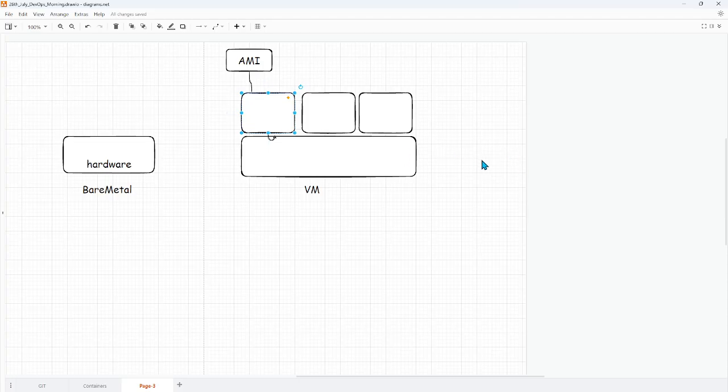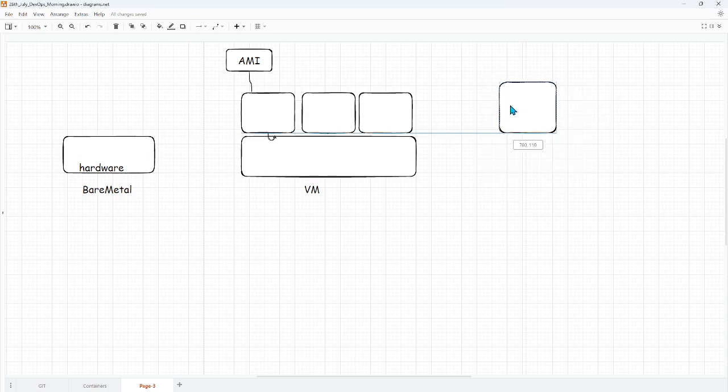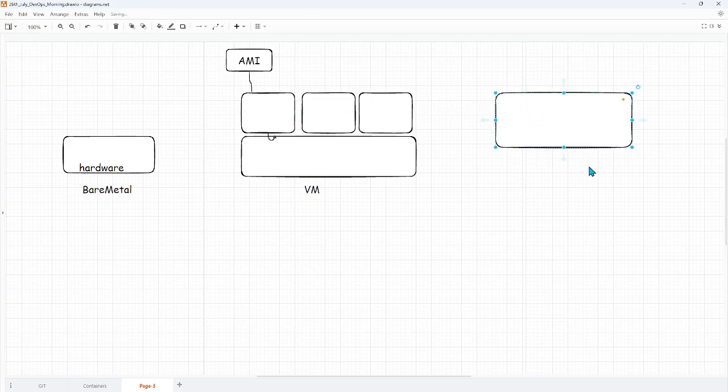Then there is another layer that we call containerization. If you want to run containers on a hardware, that is going to be really costly for me or for you. I can manage the whole hardware and create containers on top of it, we can do that. But what we are doing right now is taking a VM, because a VM is just like a physical machine. Though it's a virtual machine, it is so powerful and everything is there, so we can treat it as a server, but it is not actually a server. For me, I can say this is my physical machine, but technically not. But I am treating it as a server, and on top of it, I am running containers.